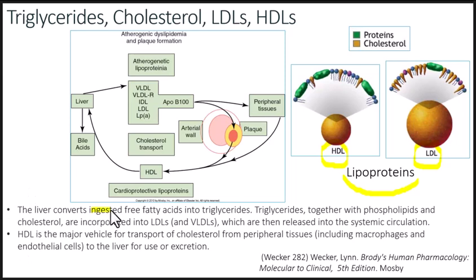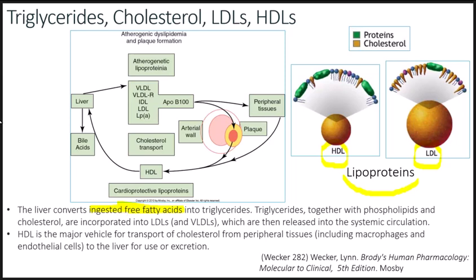So when you ingest fat, your digestive tract is going to take that fat, just like it does other macromolecules that you ingest, and break it down into a form that we can absorb. And that form that we can absorb is called fatty acids. So backing up, I eat some fat, it gets into my digestive tract. I have enzymes that break down that fat into smaller forms, including fatty acids. I absorb the fatty acids, and it's a venous system that will travel first at that pit stop area to the